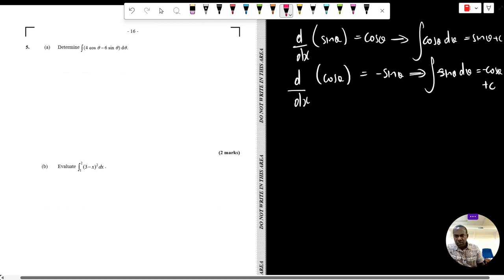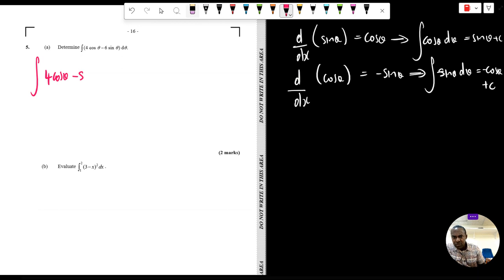All right, so remember those derivatives there. So let's apply that to this question here. So therefore, the integral of 4 cos theta minus 6 sine theta d theta equals